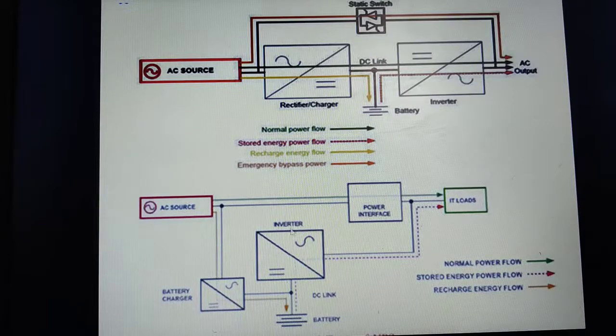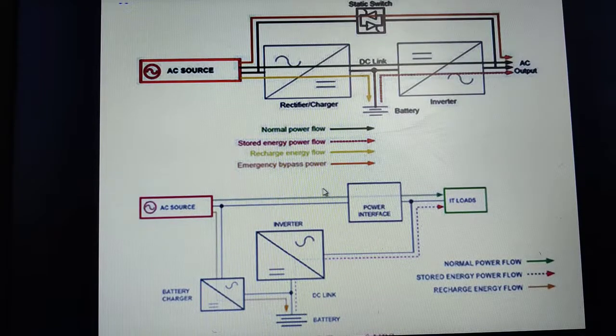Then once the power supply goes off, automatically the power supply will switch to the battery. In the battery, what kind of current do we have? We have direct current, isn't it? So that battery will convert again from direct current to alternating current, and through the battery you will be able to get the power supply. See this red, what it is telling: stored energy power flow. Initially, the electricity will be flowing directly from the AC source to your computer system. Once the offline